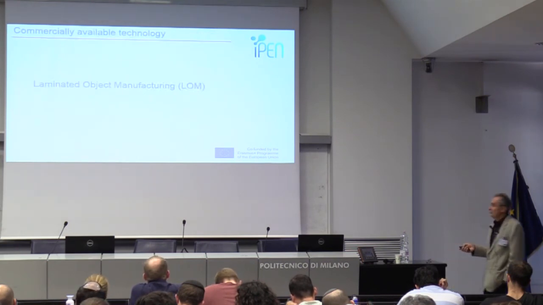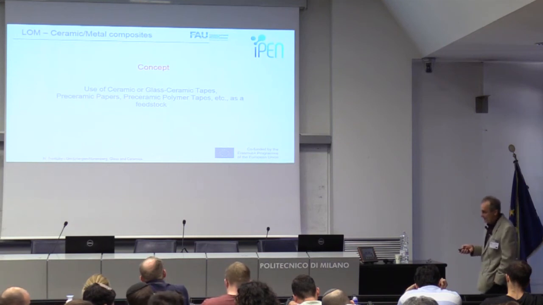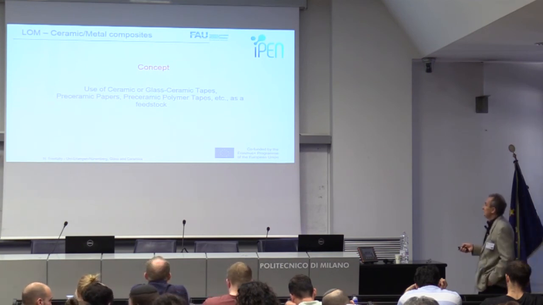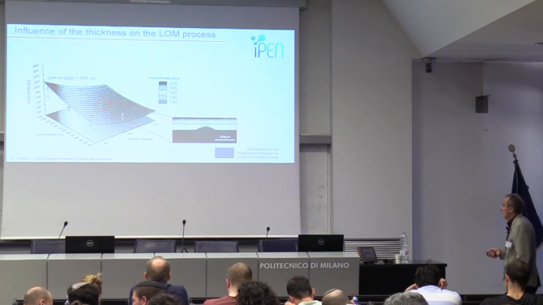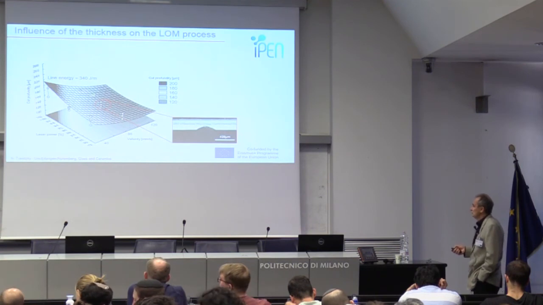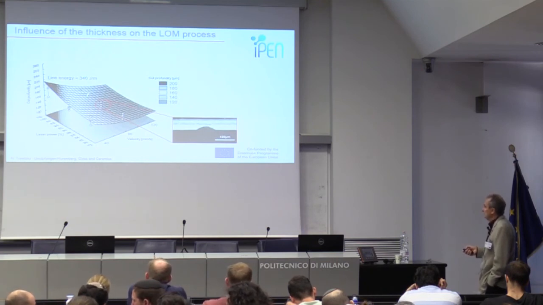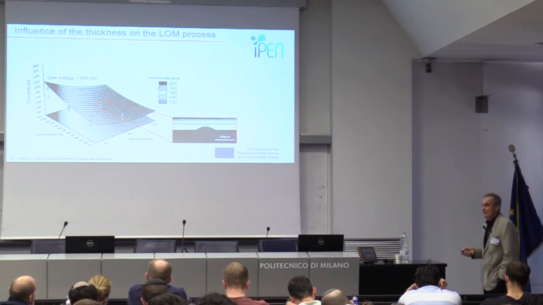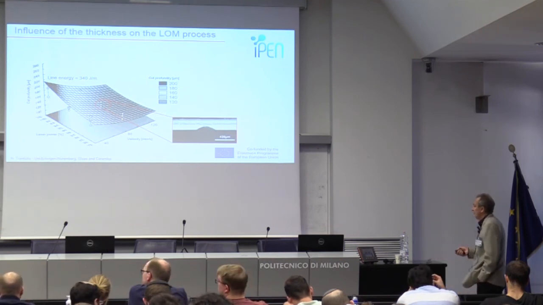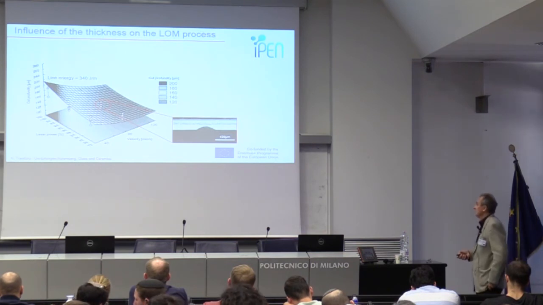Very interesting technique, laminated object manufacturing. The concept: you use pre-sintered glass ceramic tapes, sheets, and you can use them after that with your melting. Look here, for instance, you have an object, you have sheets, and of course light energy from a laser, up to 340 joule per meter. It's energy high enough to make local printing. And if you make printing, you can melt at separate points of your object. Your computer knows which object should be melted. And the setup works with a velocity of 18 until 120 millimeter per second. It's a really fast